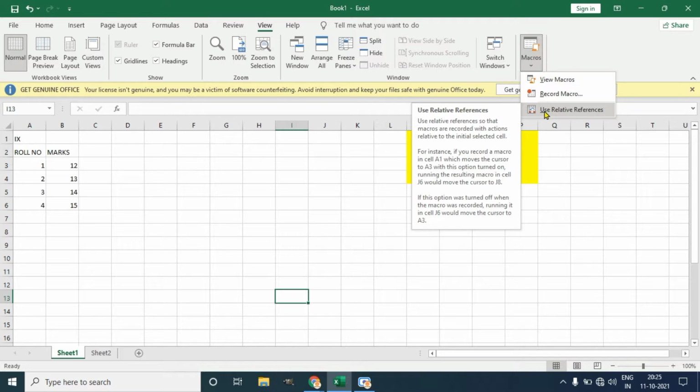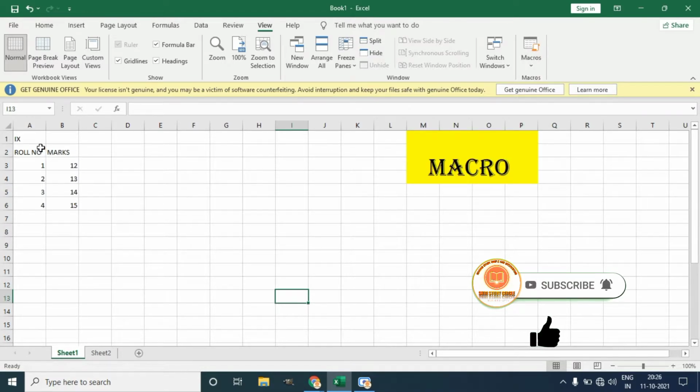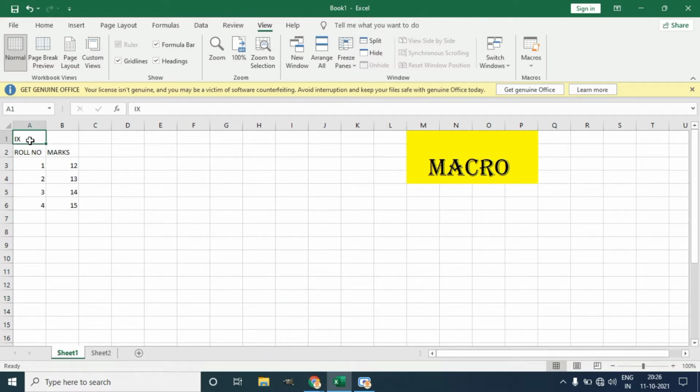The first one is Use Relative Reference, then we use the Record Macro option, and after that we can see the saved macros. I select Use Relative Reference. Now I click the first cell of this macro, that is A1. This declares that the first cell of this macro will be A1, meaning your macro will start from this position. The next one is Record Macro.